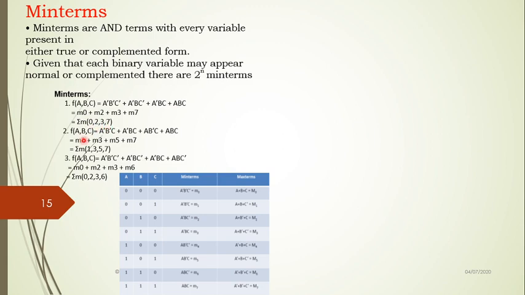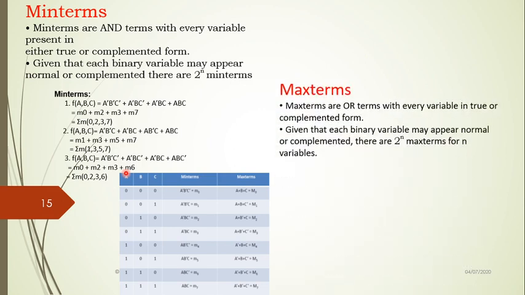Let's check for another example. Again, it is a function of 3 variables, a' b' c. So it is 0 0 1. 0 0 1 is the first min term. It is a' b c, so 0 1 1. So 0 1 1 is the third min term. A b' c is 1 0 1. 1 0 1 is the fifth min term, and ABC is the seventh. So it will be written as summation small m 1 3 5 7. So let's try for the remaining Boolean expression that has been mentioned over here.